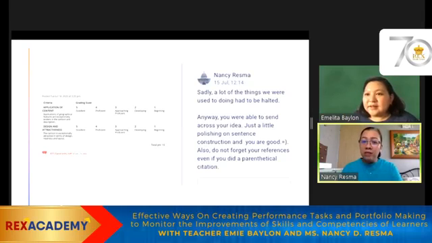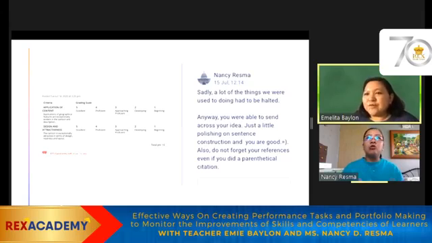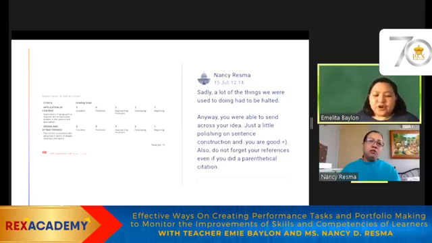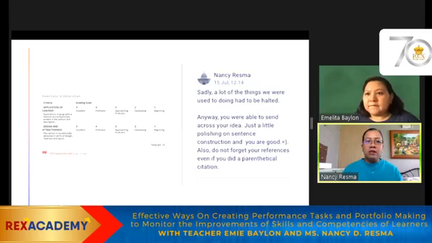In La Salle, we also include what we call the Lasallian guiding principles. Core Lasallian guiding values, right? Kasi as a school, we have our own mission, so we try to incorporate also our mission. And then from time to time, we try to check on the essential question, the enduring understanding. All of this is taken into consideration whenever we create our assessment. So that's our gauge of being able to know if we're targeting the learning goals.